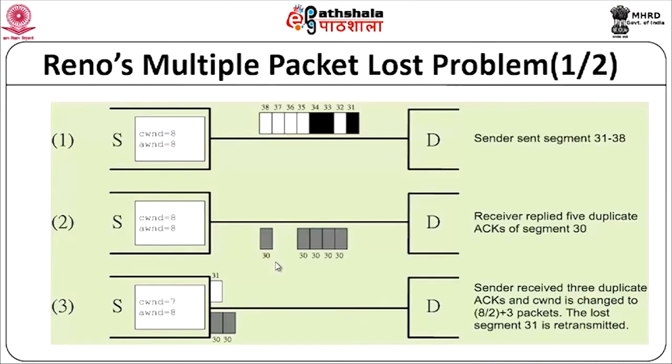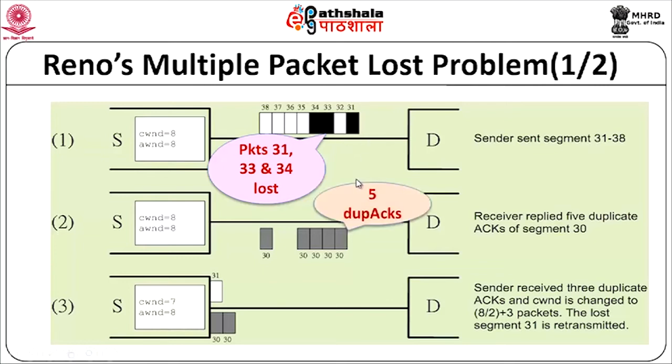Okay. So, before we look at the solutions, an example of how this multiple packet loss problem will actually manifest in Reno. Okay, we will quickly go through this. So, let us say in this case, for example, packets number 31, 33 and 34 are lost. Okay. So, remember 32 is reaching. So, what happens now? There will be 5 duplicate ACKs which are sent, because remember out of 8, 3 packets have been lost. So, 5 duplicate ACKs will be sent, and all of them will acknowledge that they have received packet number 30, they have still not received 31. So, we are getting 5 duplicate ACKs asking for 31, right. So, that is what you get.